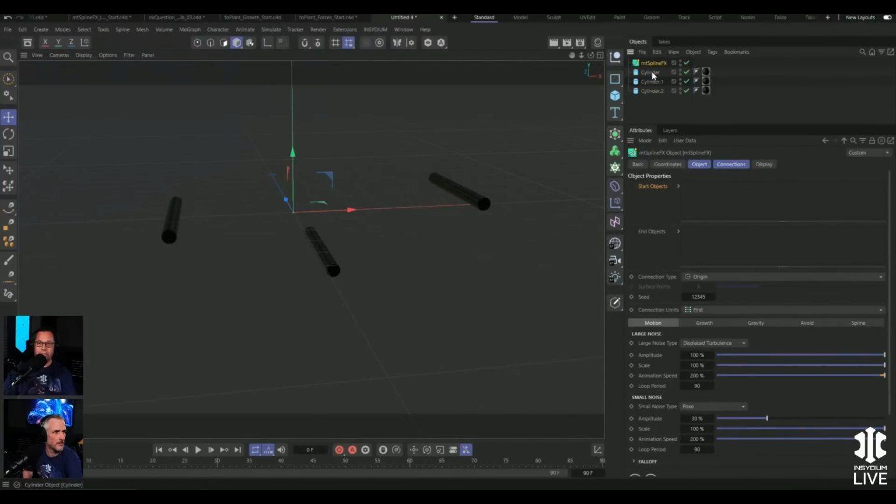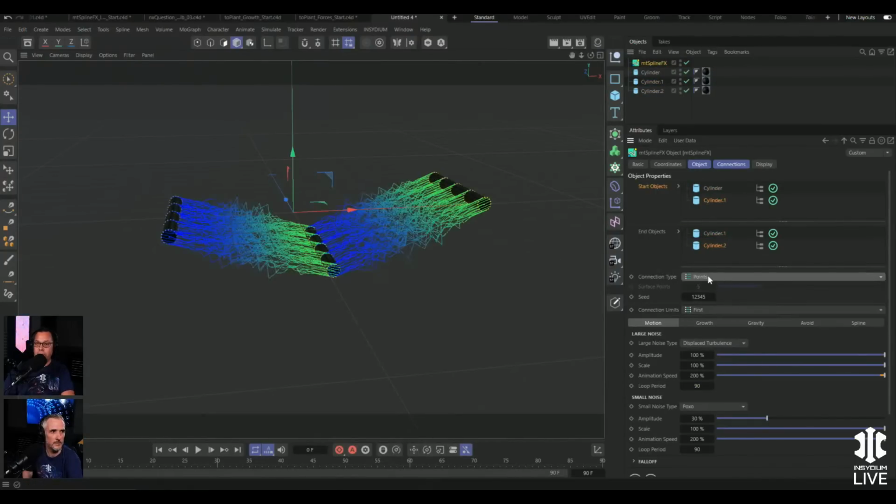So what we want to do to do cabling is you just set up the same thing. You want cylinder to cylinder one, that creates that connection, and then we can do cylinder 1 to cylinder 2 to create the secondary connection. Change that to points, not points, let's do surface, and then you can have the amount